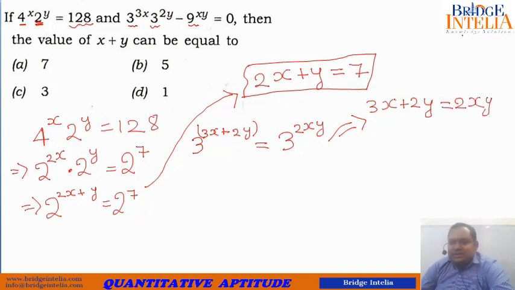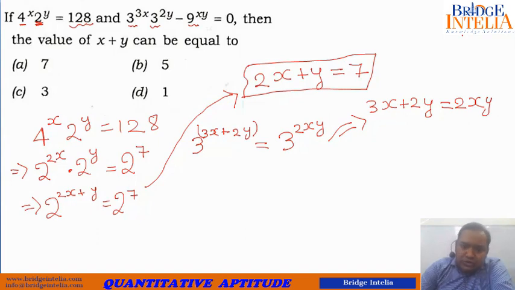So here you have got two equations in two variables. It is easily solvable now. You have brought it into a mode which is easily solvable: two equations in two unknowns. We have been asked to find the value of x plus y. So now let's solve this. Let's get the value of x and the value of y so that we can find out the value of x plus y.